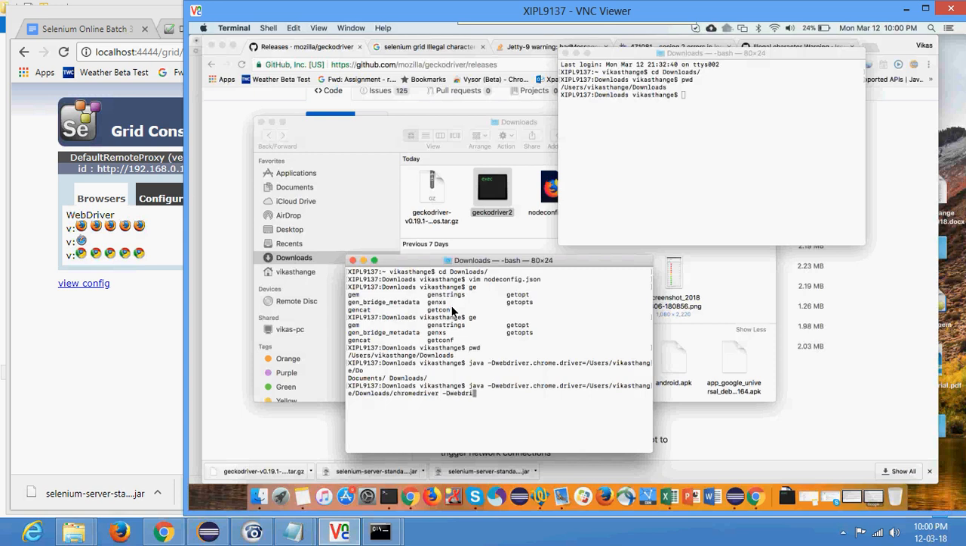So -Dwebdriver.gecko.driver equal to /users/Vikas/downloads/geckodriver2. Gecko driver 2 is the file name. You see that. Then -jar, then selenium-server-standalone-3.11.0.jar. We are using the latest Selenium Grid version today. -role is node, typo, and -hub is